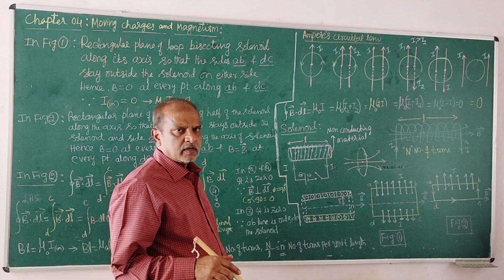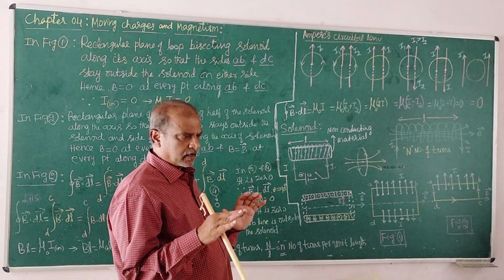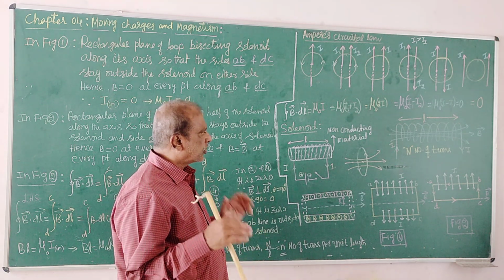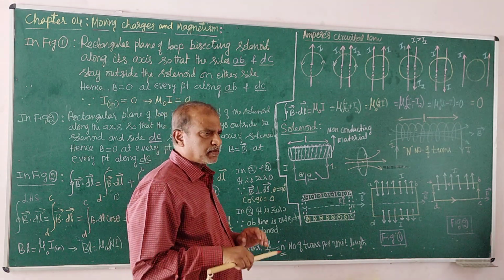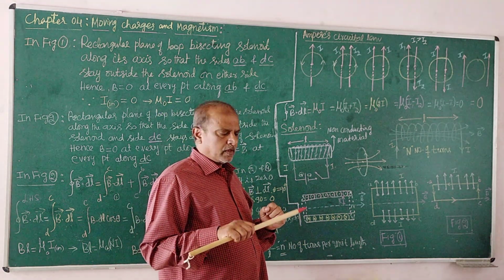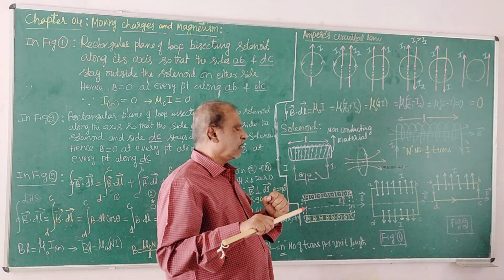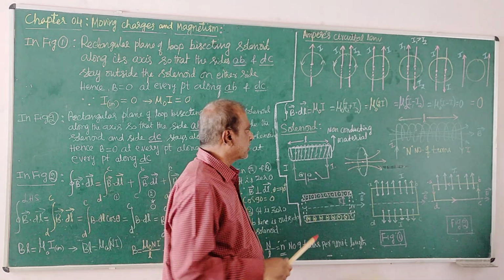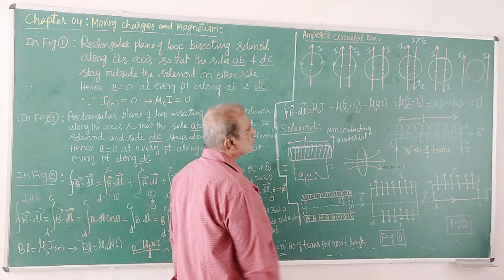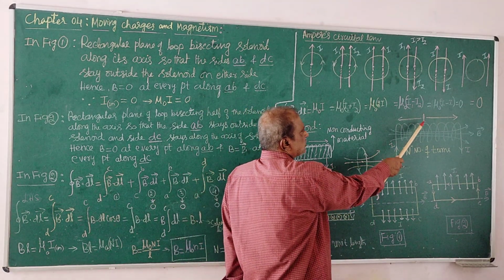What is a solenoid? It is an electrical coil. How do you produce it? Just by wrapping the conducting wire around the cylindrical material in a spiral pattern like this. And the length is L,